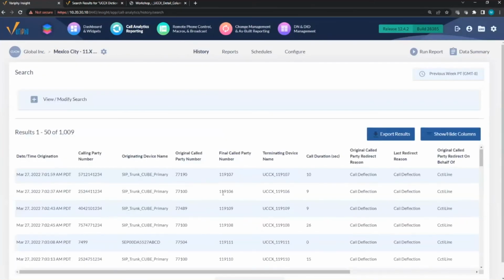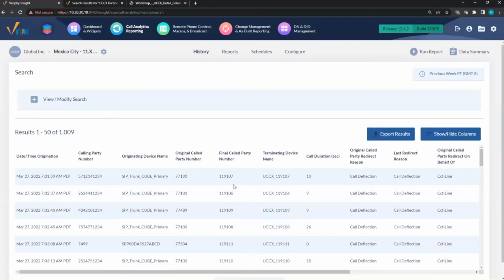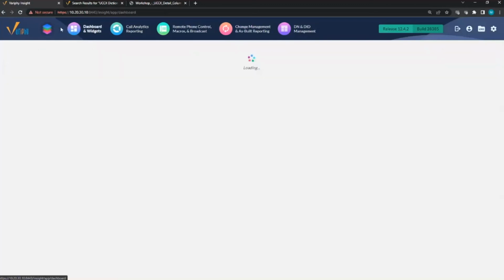In this case, these are all calls going to the UCCX in our sample data. I believe this number is the trigger. So you could build a concurrency widget looking at this number as the original call party. I may even have a dashboard available for that.